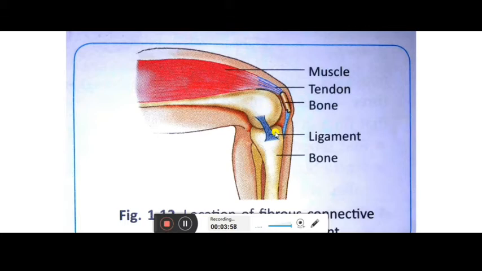Sometimes when you get a sprain on your body, or some little twisting on your bones, that is a ligament fracture or ligament tear. And the next one is the tendons. Tendons attach the muscle to the bone, and that's why we are able to move. So the muscles and bones are connected with the help of this fibrous tissue, which is called the tendons. The muscle bundles are attached with that, and it is white non-elastic fibrous tissue.